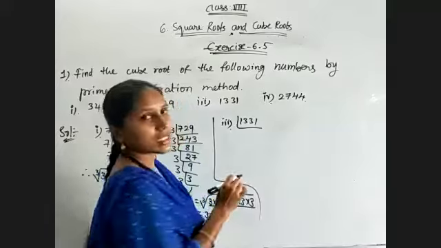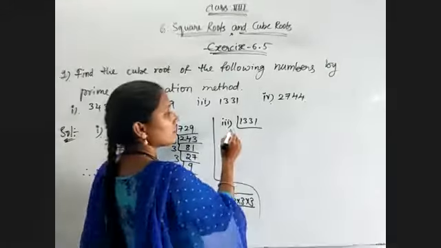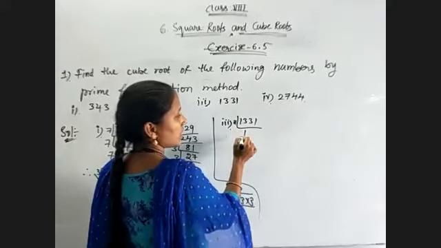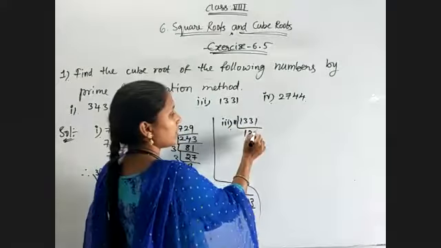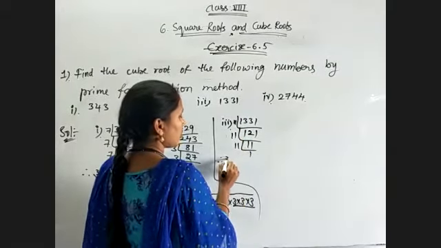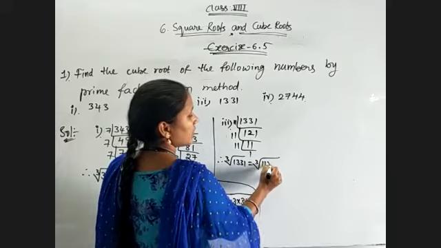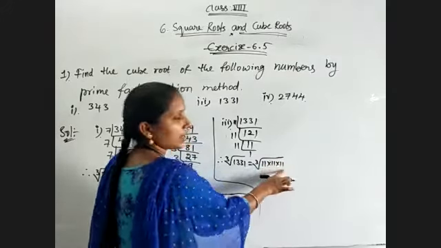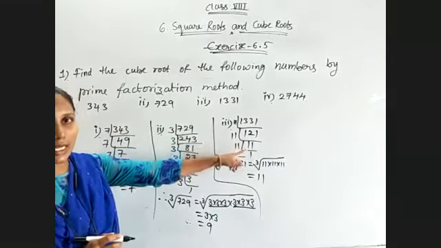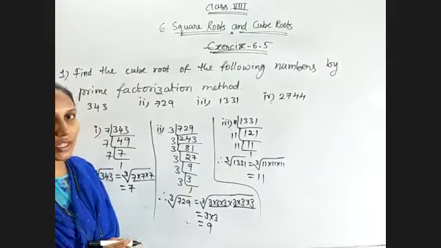And coming to the next question, 1331. It is divisible by 11 only, because all the palindrome numbers which have an even number of digits are divisible by 11. So just observe 11. 11 1s are 11, 11 2s are 22, 11 1s are 11, and 11 11s are 121, 11 1s are 11. Therefore, cube root of 1331 is equal to cube root of 11 into 11 into 11. For these three 11s, we can write one 11 outside. That is equal to 11. 11 cube is equal to 1331. Cube root of 1331 is equal to 11, the reverse operation of cubing.